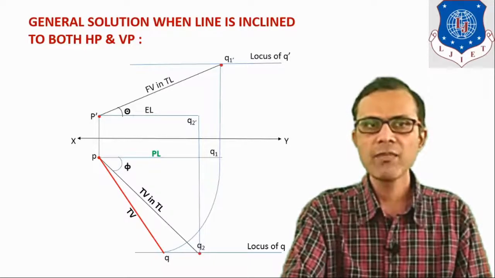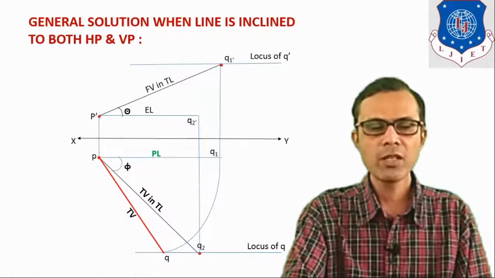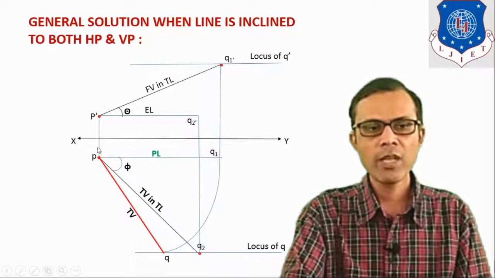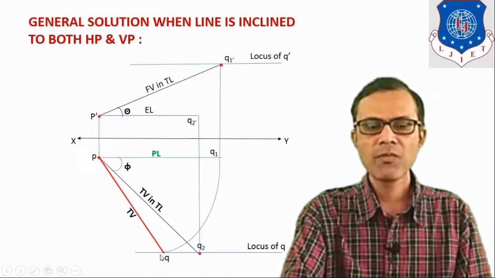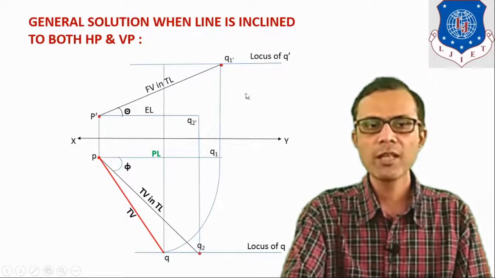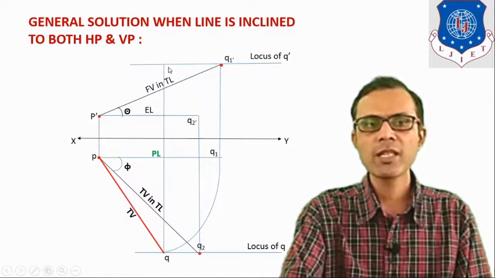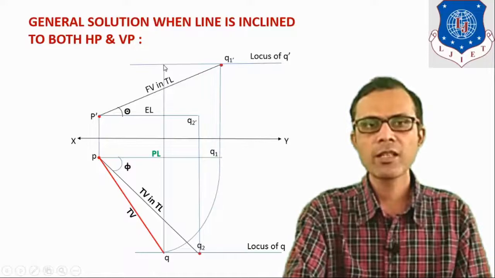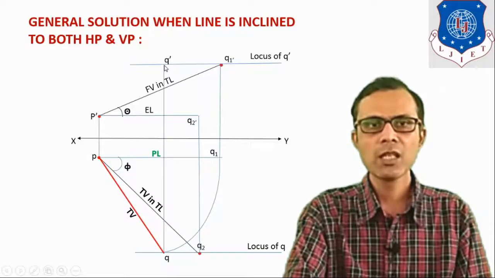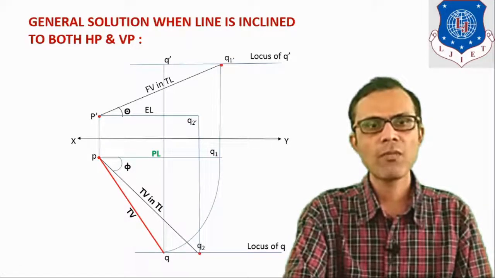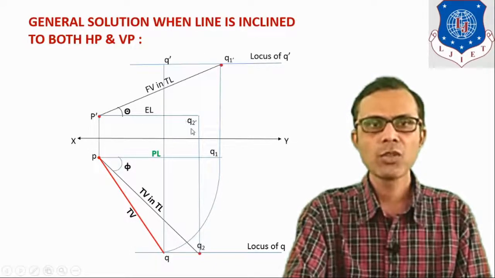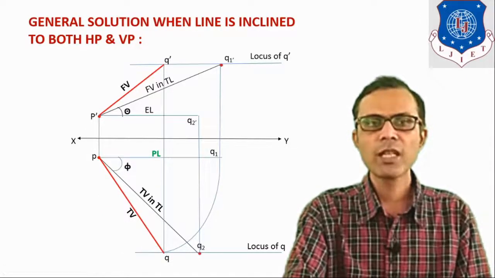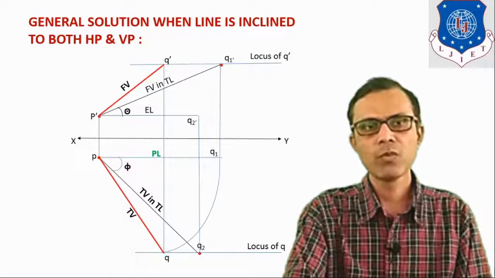Now how can the final front view be derived? So here already we have final front view for P and that is P dash, but for Q draw the projection line on this locus of Q dash line. So here it is intersecting point, that is Q dash, final front view of end Q. So now we have both P dash and Q dash. Join this P dash and Q dash. So it is final front view for the given line PQ.